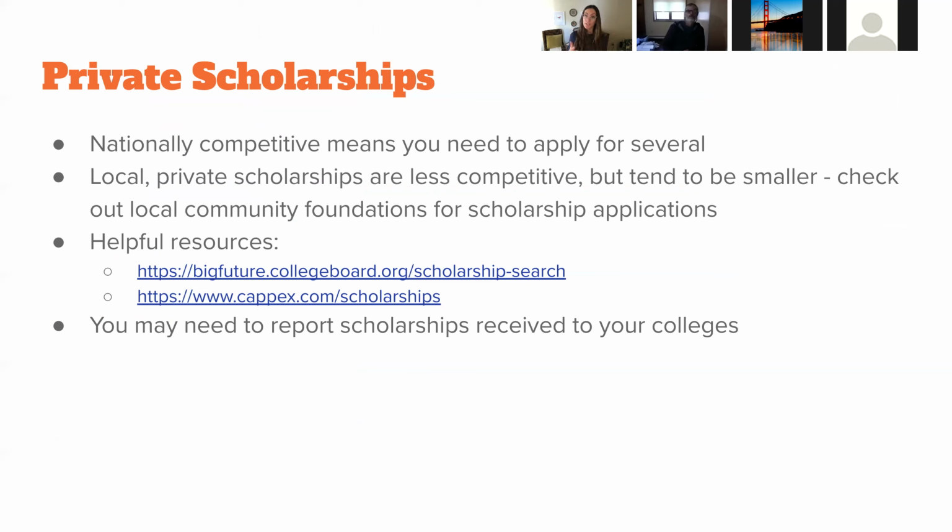So finally, we get to private scholarships. We've covered federal, state, institutional, and private. Some private scholarships will ask you to fill out a FAFSA if there's need consideration. But often these are solely looking at merit, academic, or talent, and a lot of them are nationally competitive. These are the ones I've been sending out to your students, the big Coca-Cola scholarship, for example, or the Coolidge scholarship. These are nationally competitive. Very, very few students are walking away with those national scholarships.